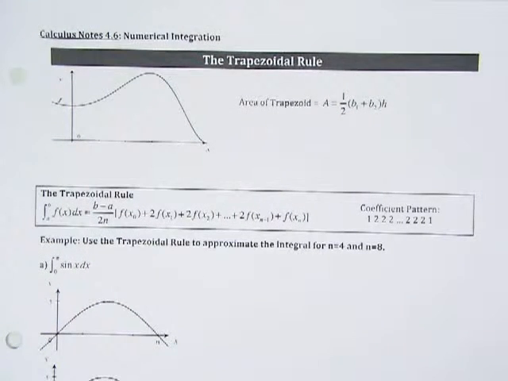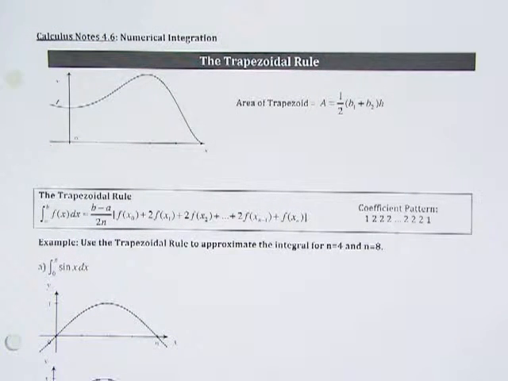Today we're talking about the trapezoidal rule, and it's basically another way for us to approximate the area under the curve. And it's going to be used with functions where we can't easily find an elementary function that is the